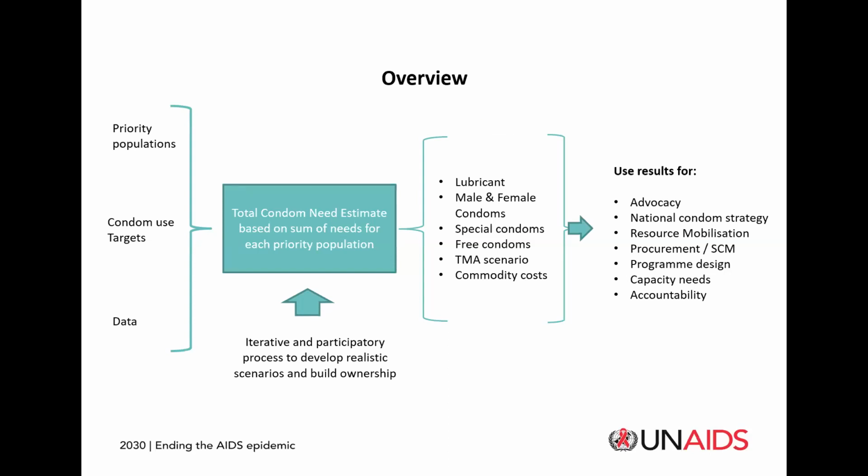And finally, based on all that, it pulls it together into an estimate of commodity costs for your national condom program, using the unit cost of the UNFPA condom procurement facility. It generates a set of results, outputs that then